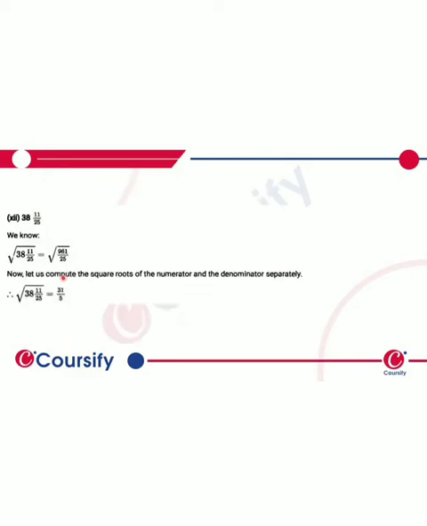Next part, that is 38 of 11 upon 25. So 25 into 38 plus 11 gives us 961, and from the prime factorization we know that 961 is a perfect square of 31, and 25 is a perfect square of 5. So we can say that the answer is equal to 31 upon 5.